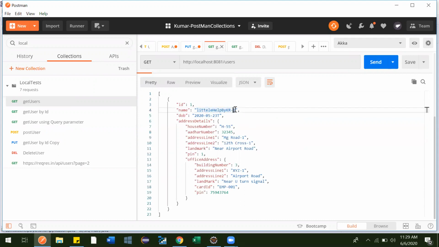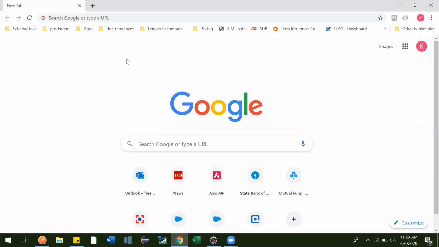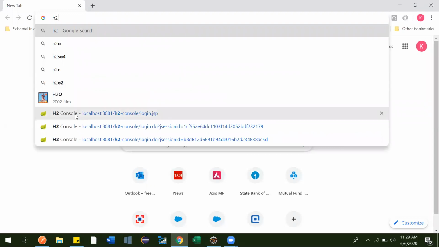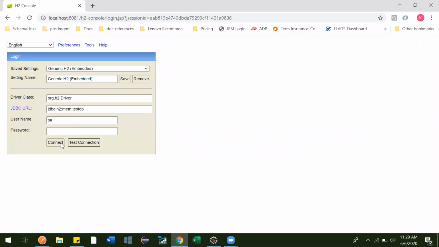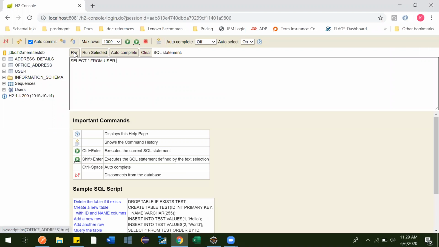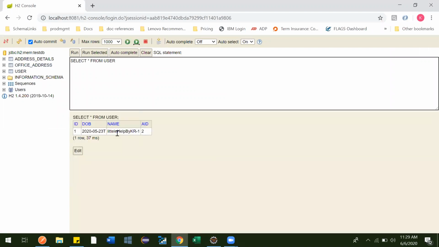We should also check it in the DB. In the H2 database, test the connection, connect, and select the list from users. The date of birth is 2020-05-23 and the name is Little Help by KR dash one.